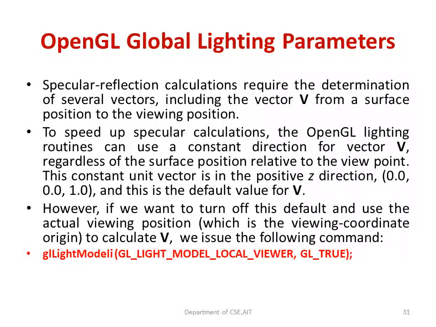For every OpenGL API, certain default values will be there. So for glLightModeli, we will be having a vector called V. We know that V is for the viewing vector. In which direction the viewer will be present, that value will be present in the vector V. The default value where the viewer will be present in glLightModeli, in the case of global lighting, is in the Z direction. That means here x is 0, y is 0, but z is equal to 1.